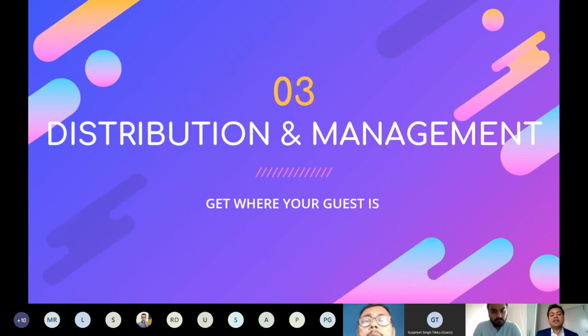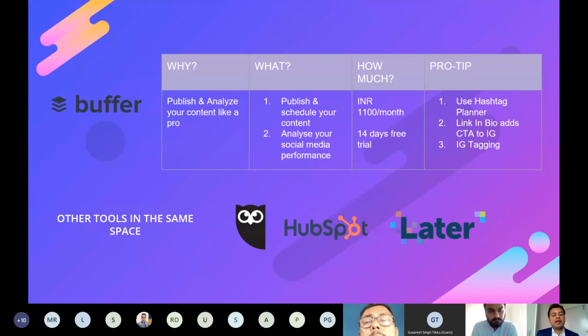So with that, we move on to the next section, which is another exciting one. Now we have done our strategy, we have created content, we have the research and data to give us trends. How do we make sure that this content is distributed well and we manage it efficiently? So we have got the app Buffer, which really helps in organizing and distributing this content. And Shiva is an advocate for this. So Shiva, please help us understand how we can use this particular one to manage our content distribution.